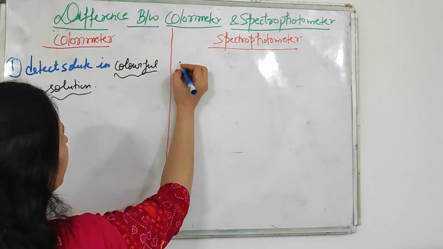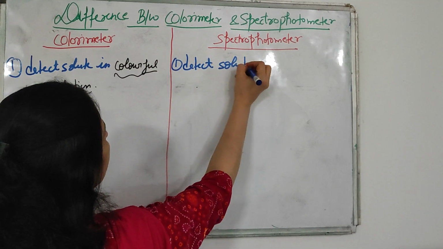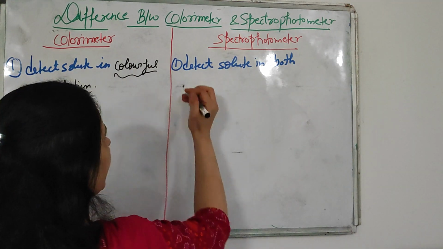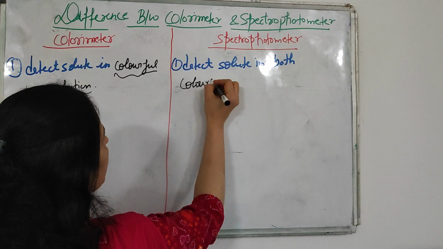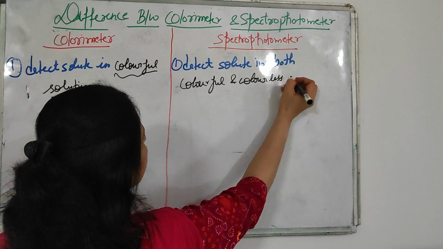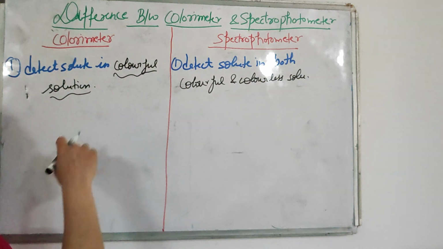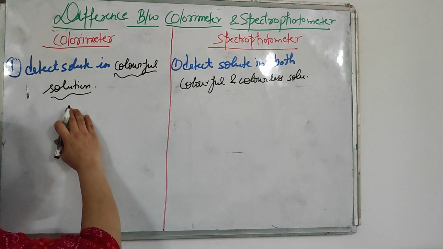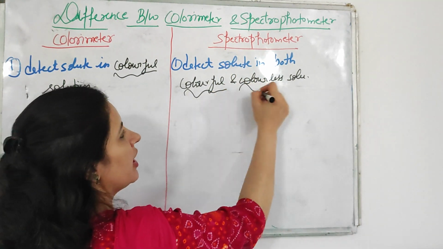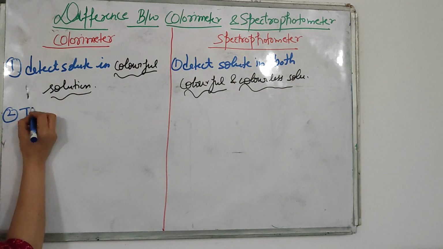While in spectrophotometer we can detect the solute in both, that is, colorful as well as colorless solution. Okay, so this is the first difference: in colorimeter we detect the solute in a colorful solution only, while in spectrophotometer we can detect the solute in both colorful as well as colorless solution. The second difference is that it uses